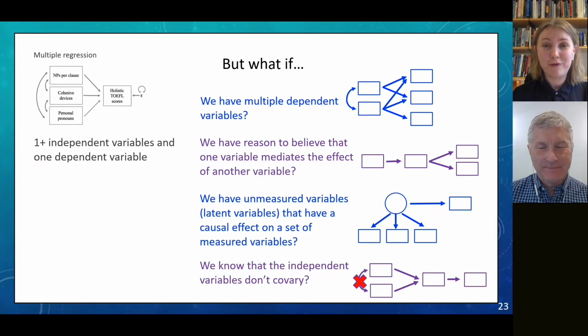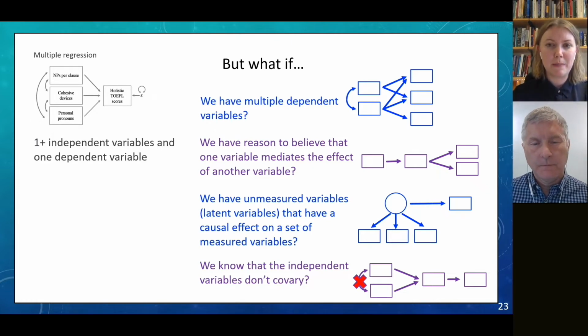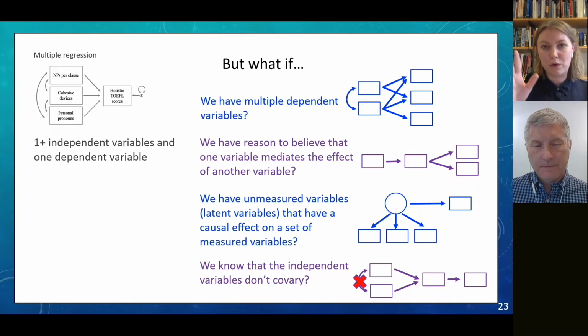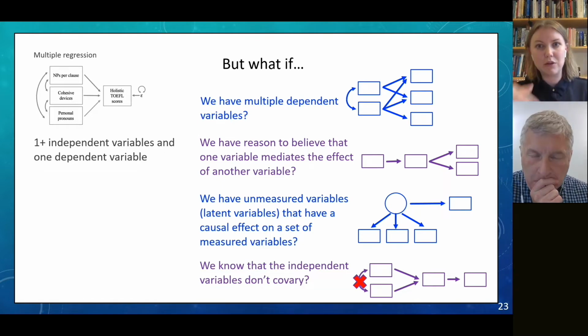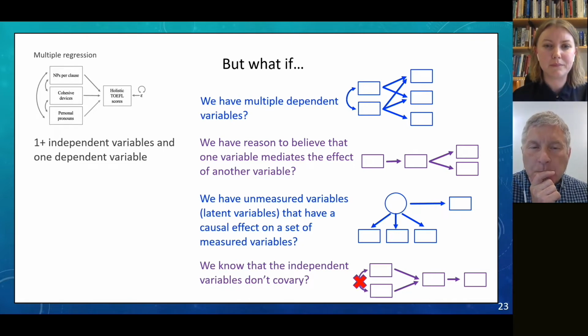But what if we have research questions that have multiple dependent variables, something like this, right? So two independent and three dependent variables. Or what if we have reason to believe that one variable mediates the effects of another variable? We won't be talking all that much about mediation and moderation here, but we have something like, for example, working memory affecting reading comprehension, which in turn affects the scores you get on two L2 proficiency tests or something like that, so that there's something that affects something else that in turn affects a third thing, and so on.